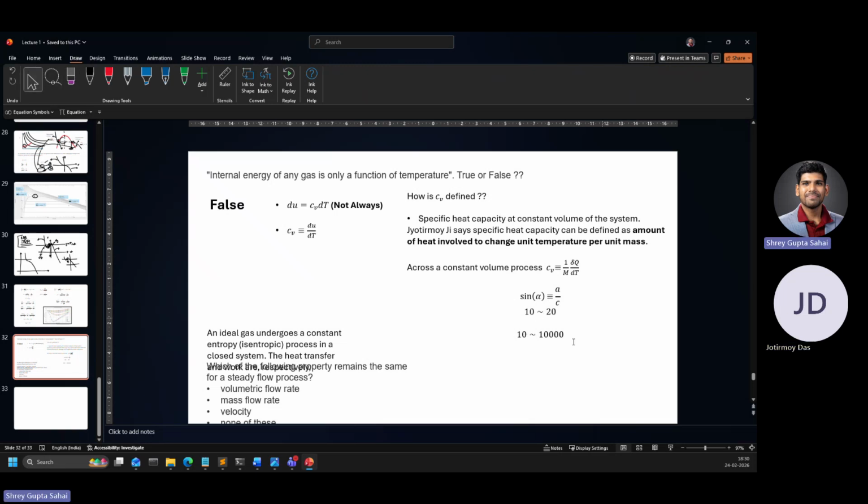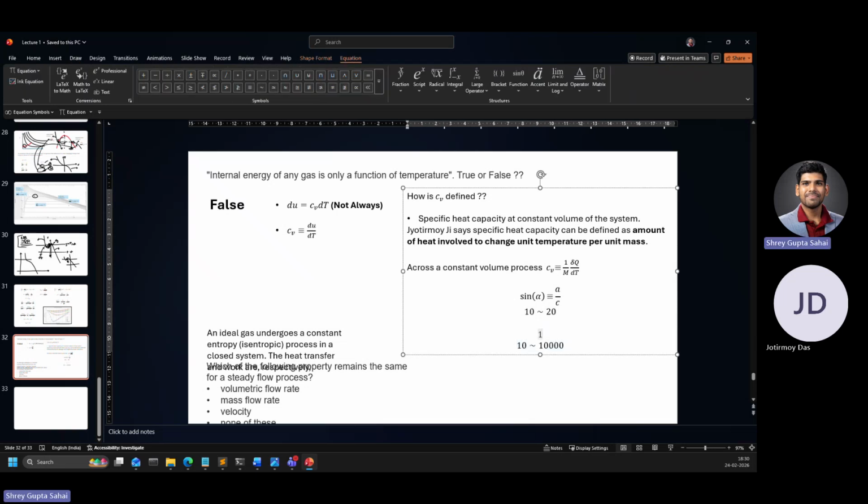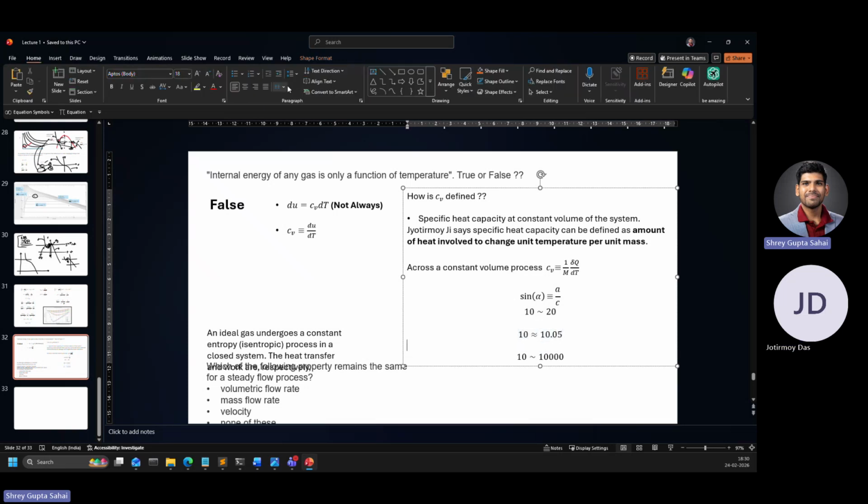Yeah, let me write that also. So when we use approximately, 10 is approximately equal to 10.05, right? But 10 is in the order of 20, right? Or let me give you more feel for it. 0.8 is on the scale of 0.9, right? Okay. Anyways, going back, so you want to say that we are defining CV by this, and